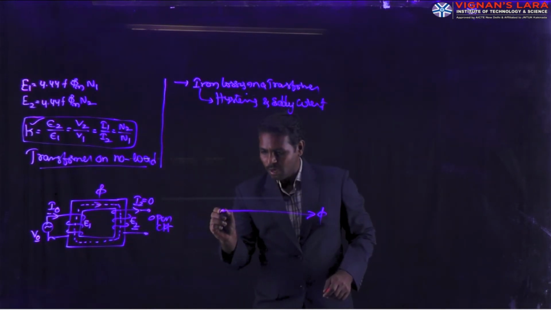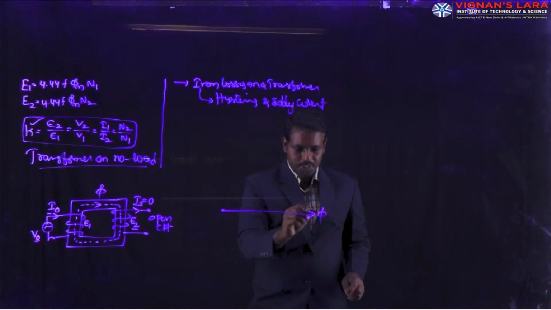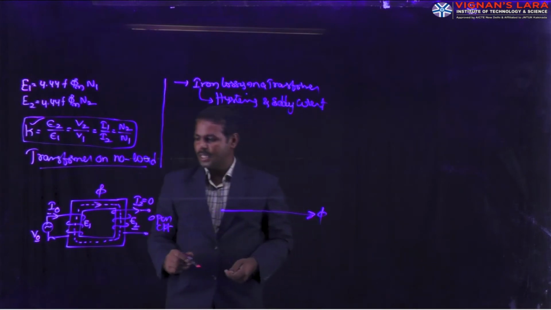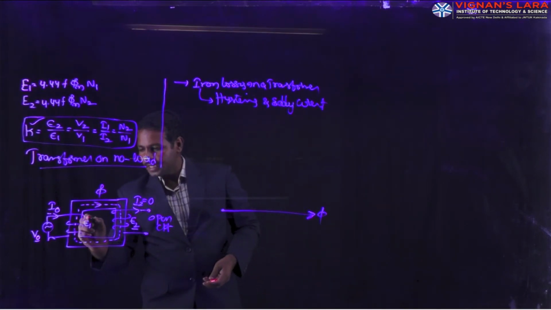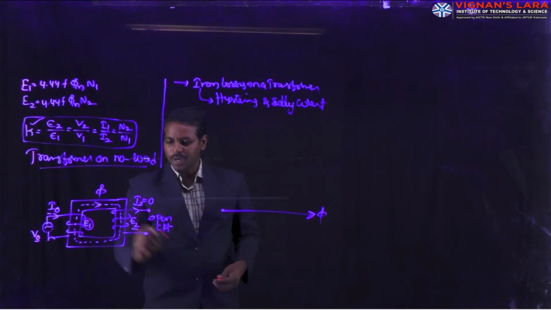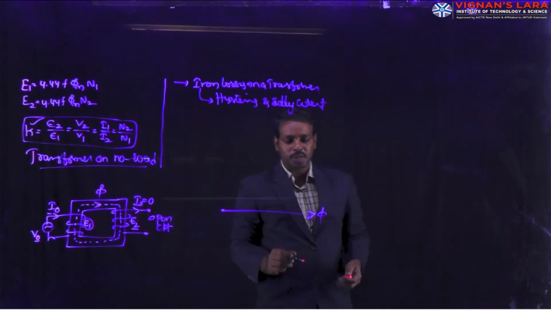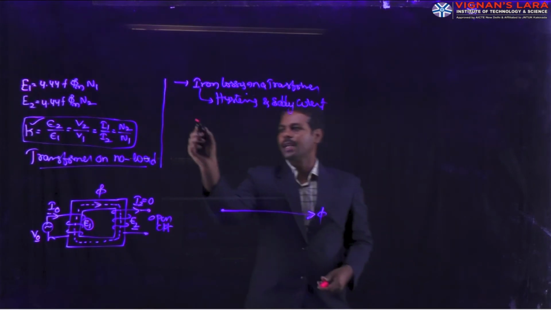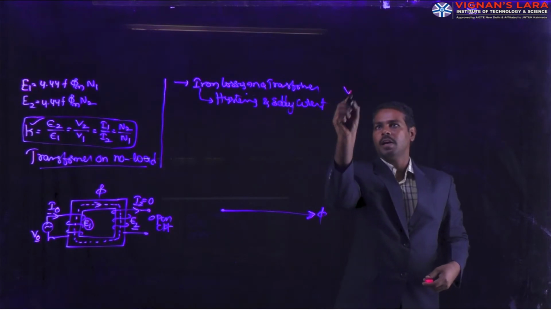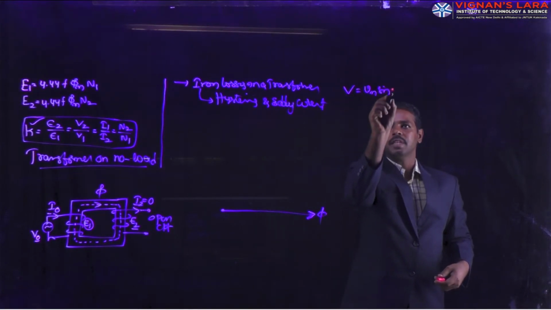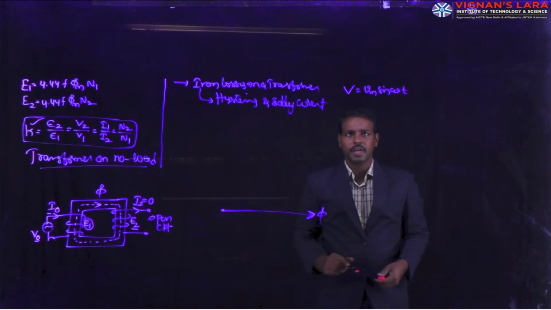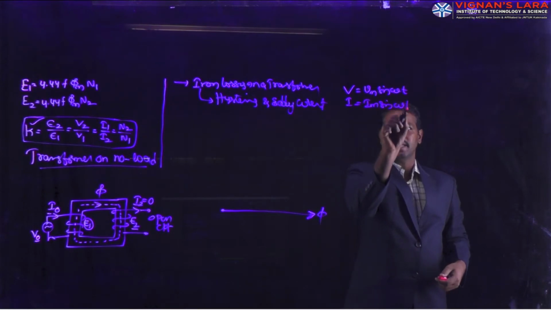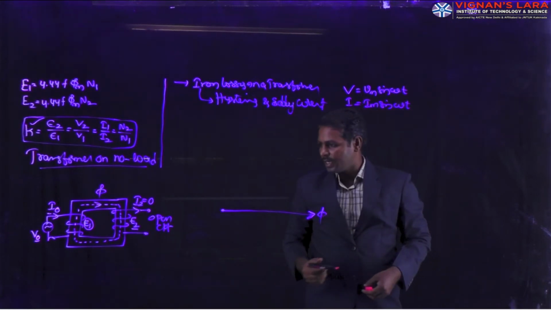So this is the origin. The magnitude of flux is represented in terms of Webers. Another one is the voltages E1 and E2. Now the relation between flux and induced EMF. First of all, we consider V is equal to Vm sin omega t, and I is equal to Im sin omega t. These two are sinusoidal quantities.